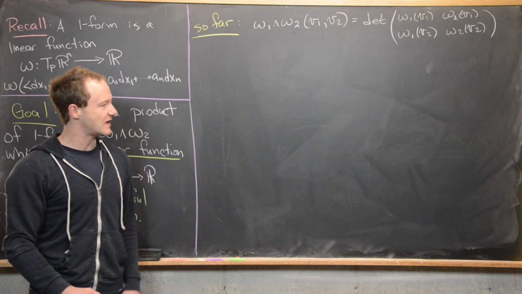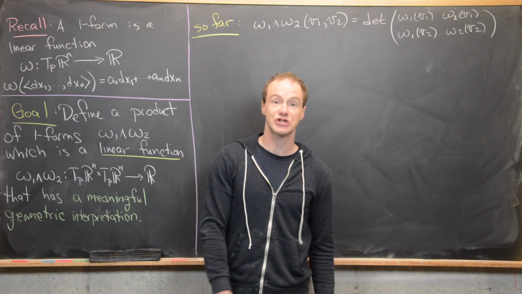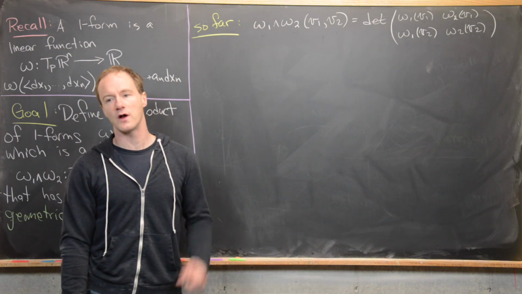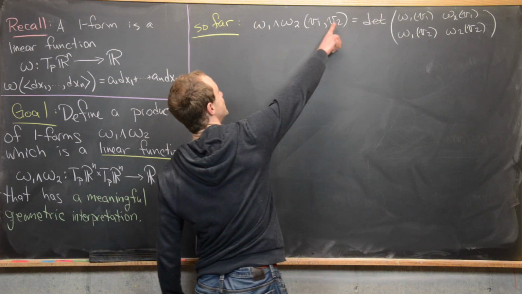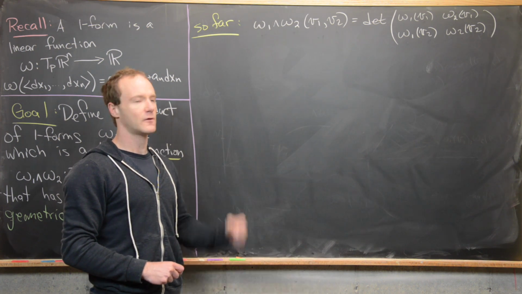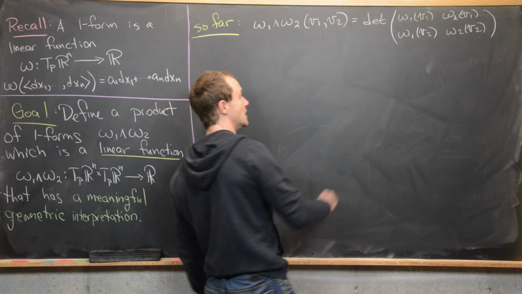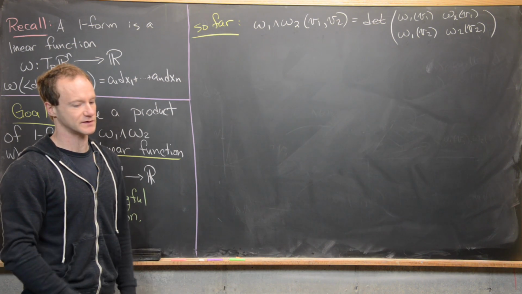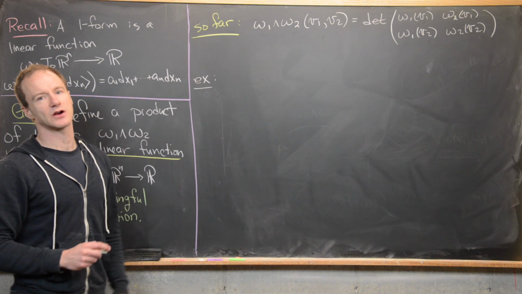And in the example that we gave before, we were dealing with one-forms which were from R2, or TpR2, I should say, but this extends very easily to one-forms that are defined on TpRn. We'll just have n-dimensional vectors here instead of two-dimensional vectors. But that's okay, because a one-form defined on TpRn evaluated at a vector in Rn will still just give us a number. So we still have a matrix of just 4 numbers there. All right, so let's go ahead and look at an example,